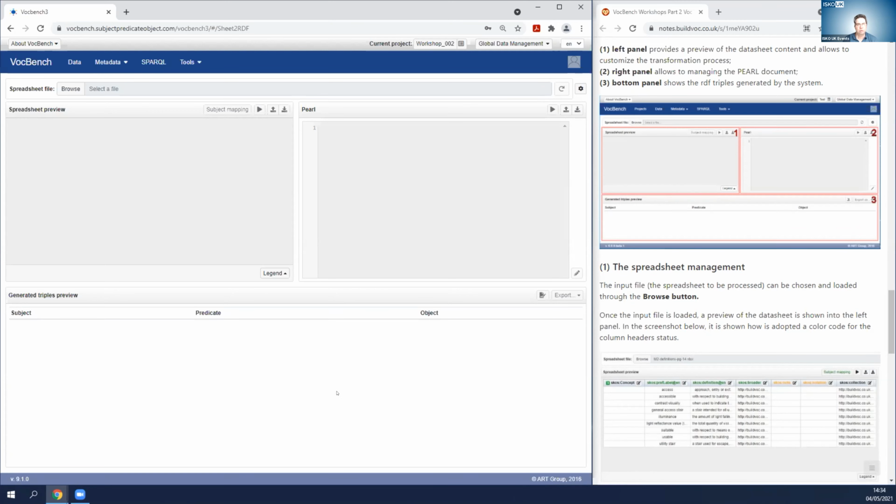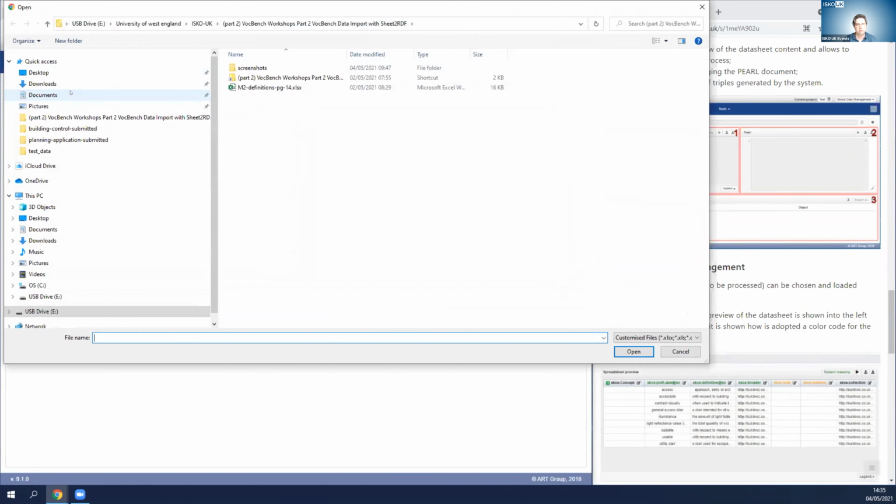So the first thing we're going to do is select a file, and this one will be just, these are some mobility definitions. So that's why it says M2. And so we just click on that Excel spreadsheet. And before I do that, I'm just going to open it up real quick and just show you